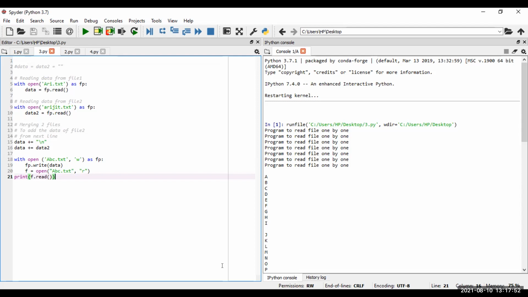So you people copy the code, write the code as you are seeing it, and then run it in your window.